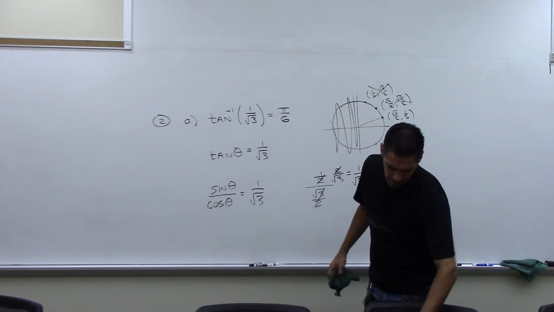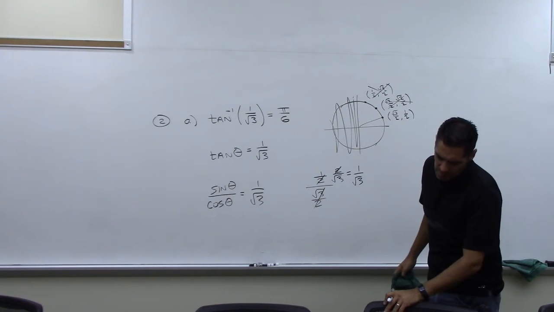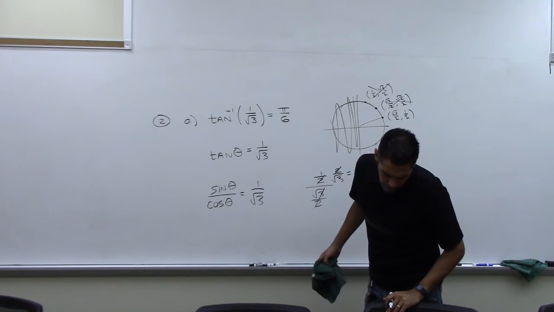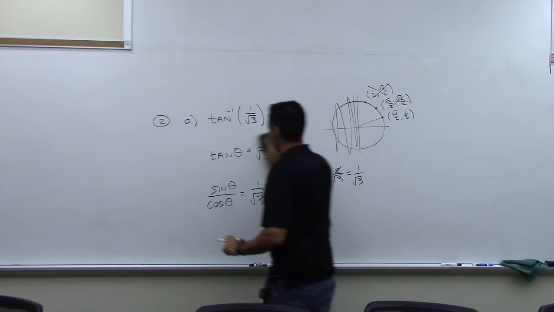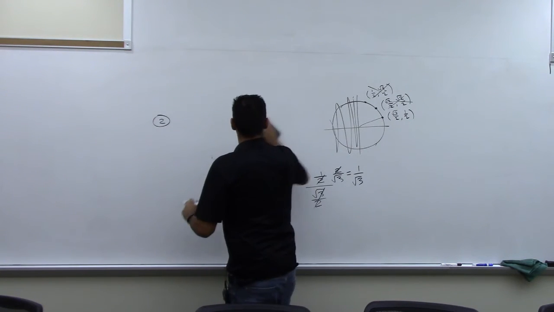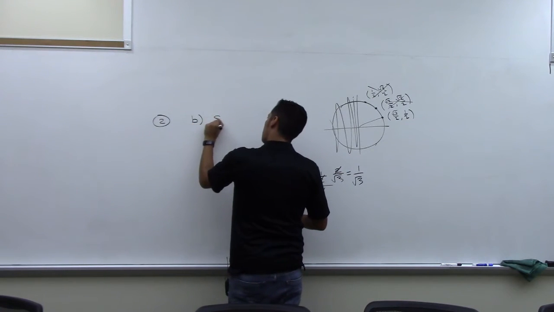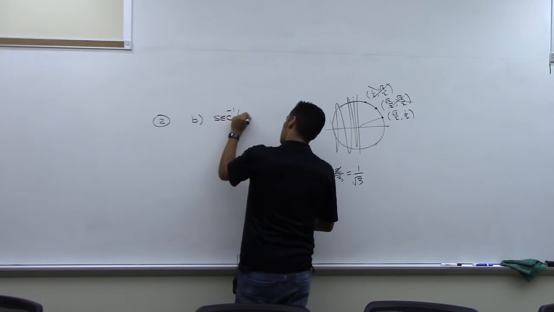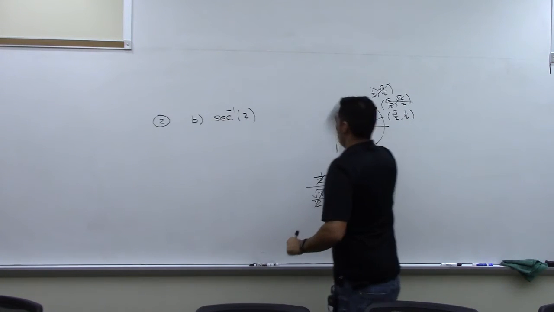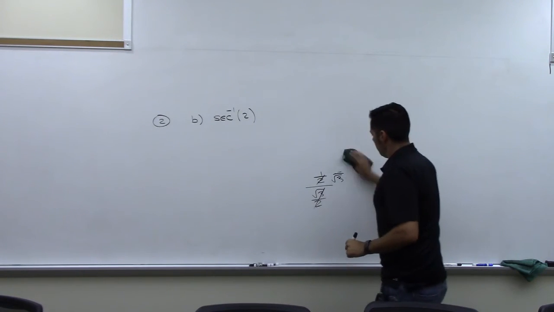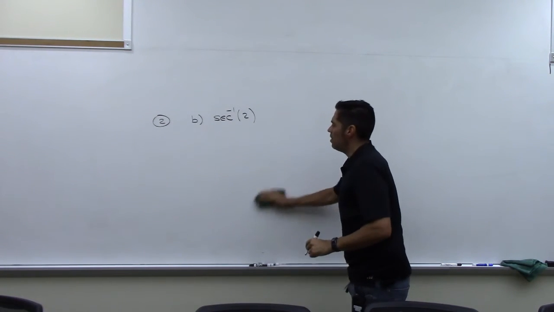All right, next one, part B: secant inverse of 2, or arcsecant of 2. All right, well, arcsecant